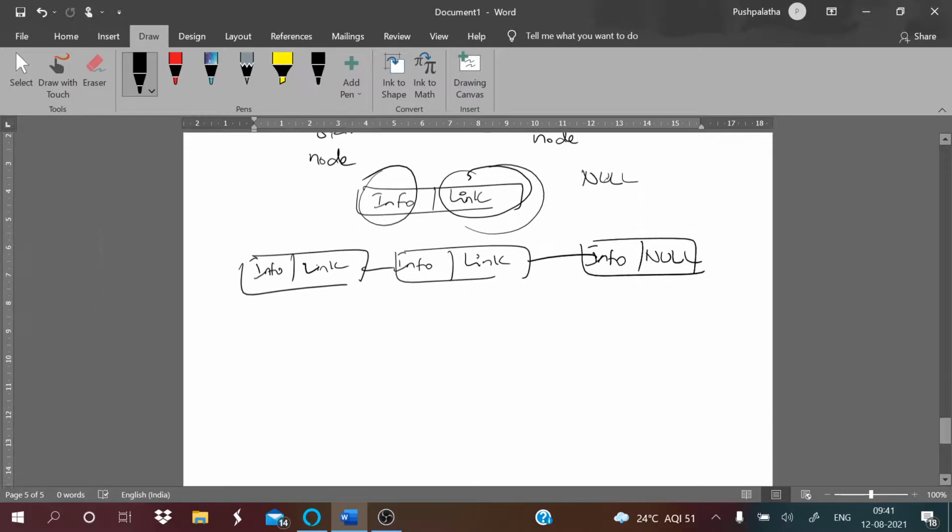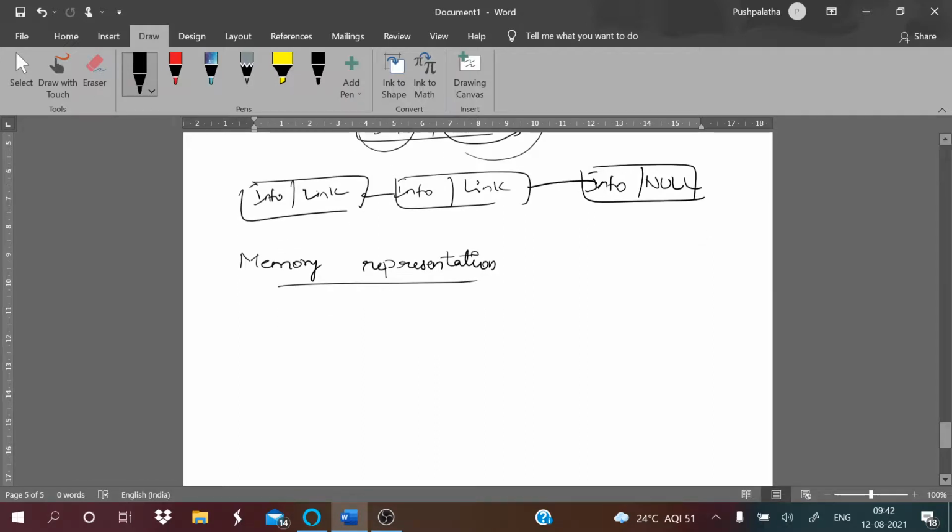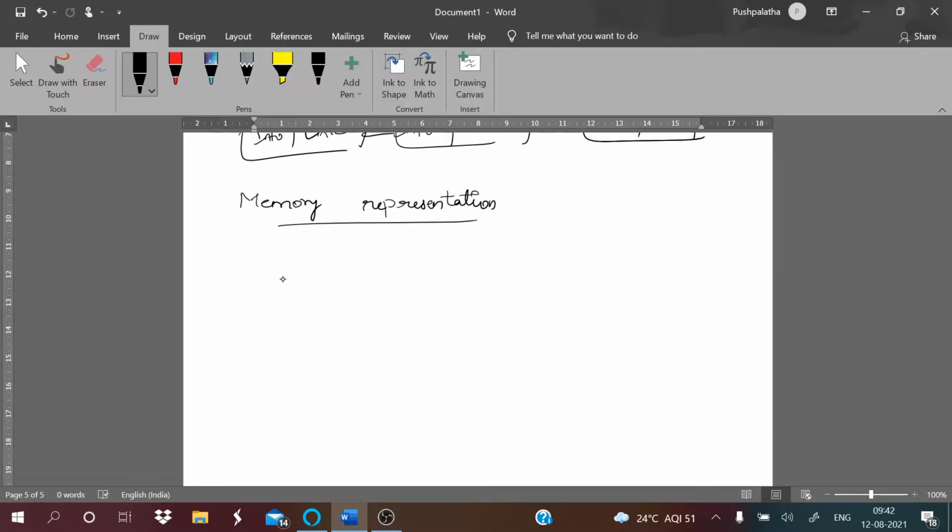Okay, now how do you represent it in memory? Memory representation. Memory, as we said already, contains info field and link field. You have to mention this first when you are giving the explanation for your memory representation. Info field contains the data of that node.